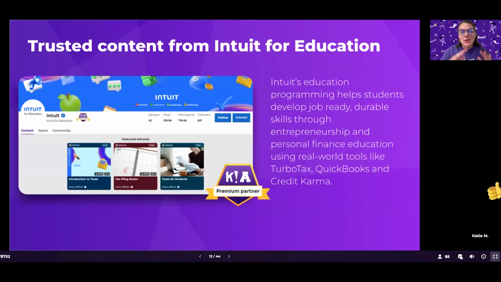So like I said, Kahoot is not the subject matter expert. Intuit for Education, and even you might just be the subject matter expert. So we're thrilled to collaborate with so many trusted experts in curriculum and publishing. In fact, on the Intuit page, you'll find nearly 50 ready-made lessons that are available for you or for anyone else in your school, in your district, in your team, whomever, to embed into your daily plans and curriculum.